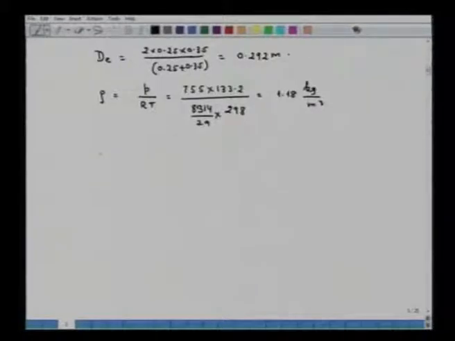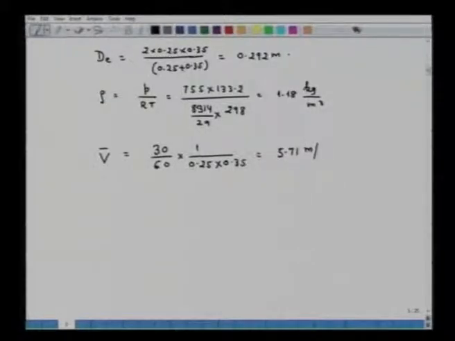So, now we have to evaluate V bar. So, V bar, we are given 30 meter cube per minute, that is 30 by 60 into 1 upon the cross section area, 0.25 into 0.35. So, that is equal to 5.71 meter per second. So, now we have evaluated that, and also we have to evaluate the value of the friction factor, and